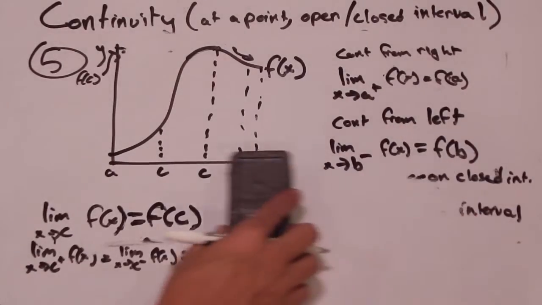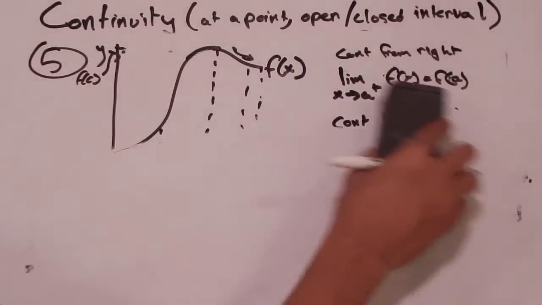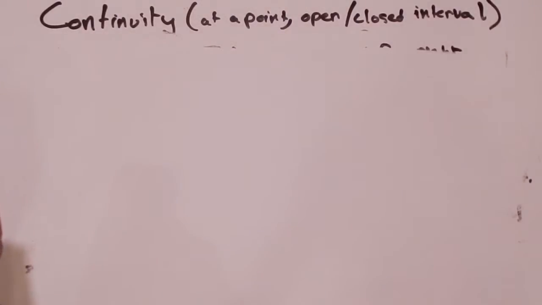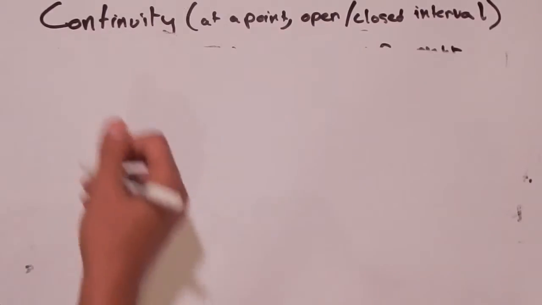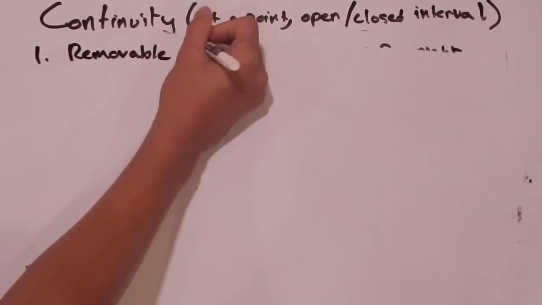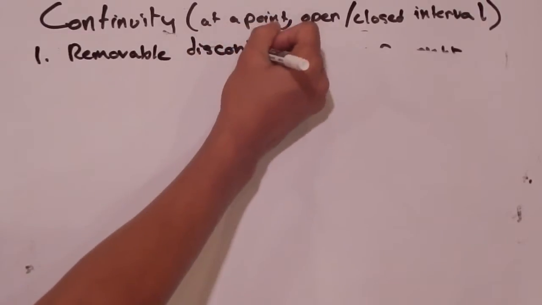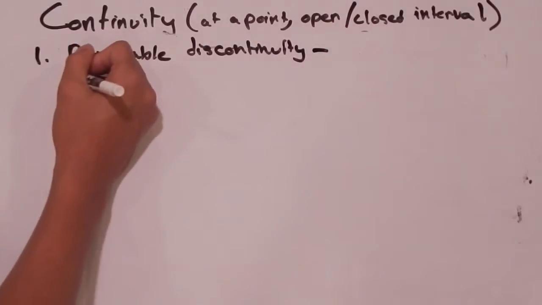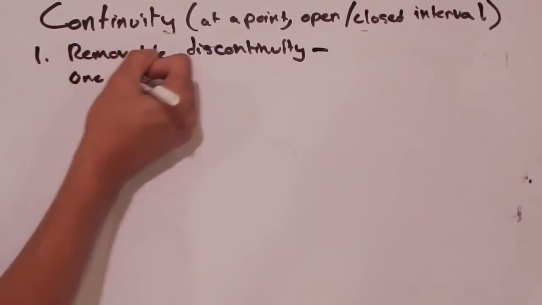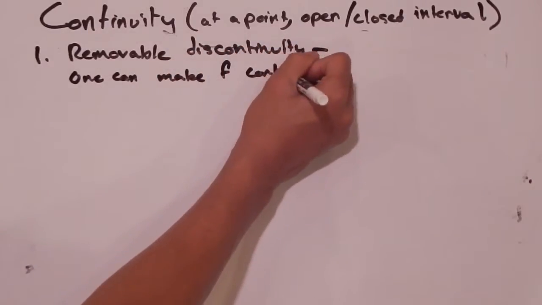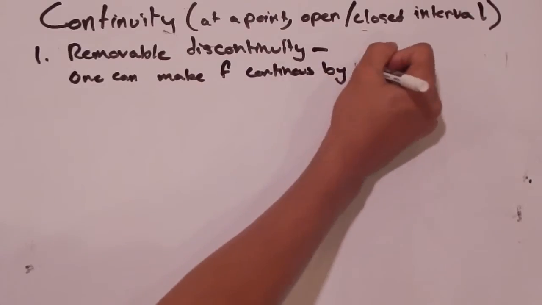There's one more thing we're going to talk about to complete our understanding of continuity, and that is different kinds of discontinuities. So when we aren't continuous, how does that happen? Well, there's two kinds. There's a removable discontinuity, and this occurs when one can make f continuous by redefining